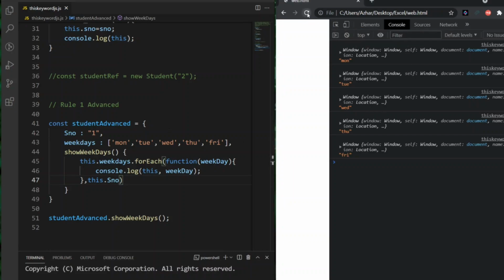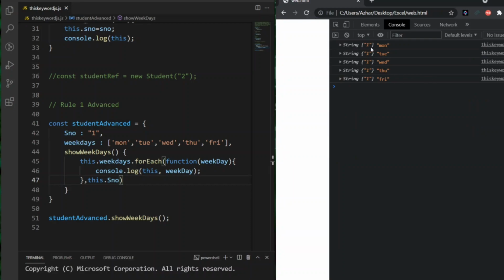So if I re-execute it, as you can see here, it is 1 serial number it has given with Monday, Tuesday. So student with serial number 1 should attend all these 5 days. He should attend the school. So like that we can write more consistently in this manner.